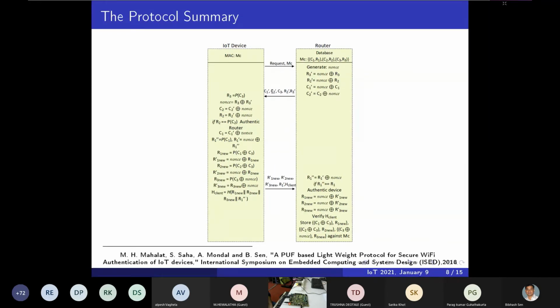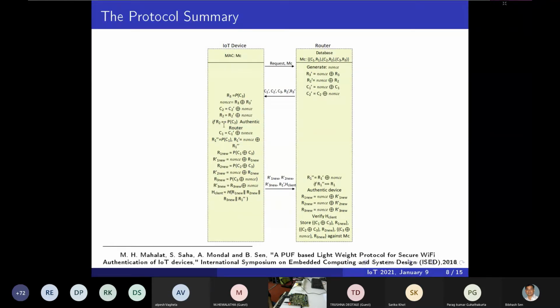All challenges and responses are hidden, and it sends them back to the IoT device. Only the authentic IoT device can generate the nonce, because it depends on the response against the PUF challenge. Once it has generated the nonce, it can decrypt these challenges. Basically, this is the job.